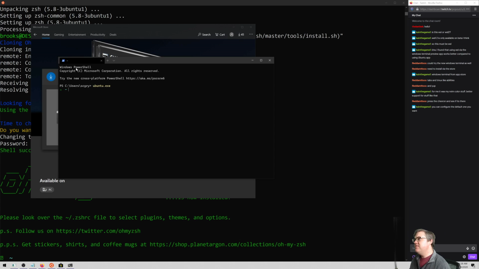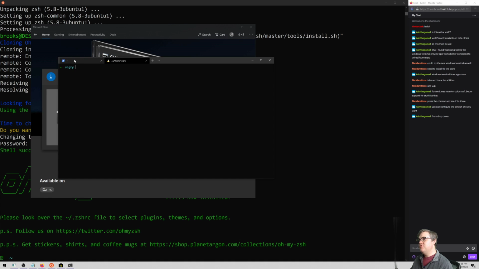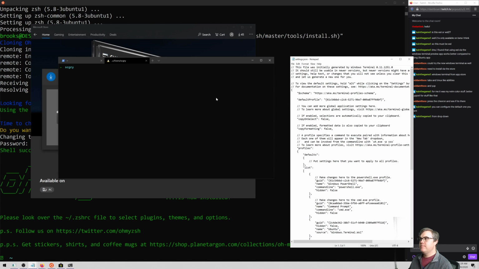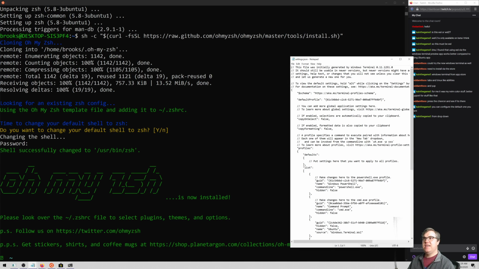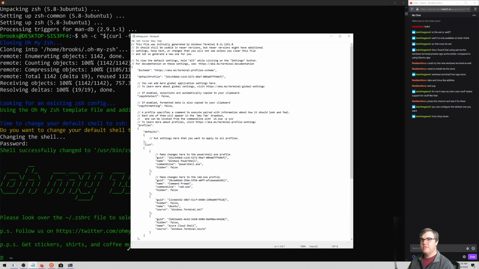Press the chevron and see if it's there. Oh, you can configure the default one you want. Oh, nice. Oh, okay, so I see, I can just go into Ubuntu like this one, creating a new one. Where is options? Settings. Oh, it opens up my settings in a JSON file, which of course opens Notepad because I haven't installed an editor yet, so that's cool.